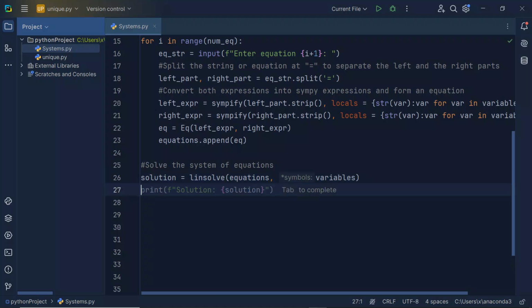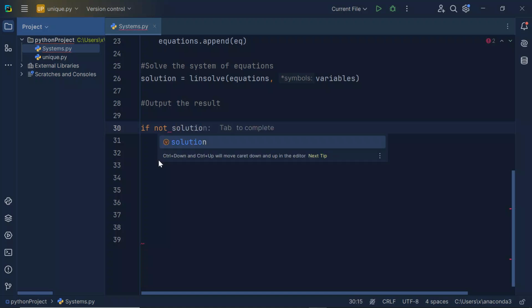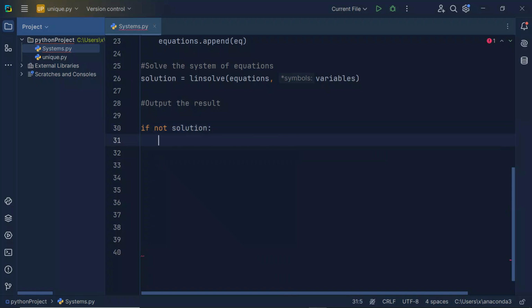Now I want to get the output results. I want to make sure that if the system has a unique solution, this is what should happen. If the system has infinitely many solutions, this is what it should do. Okay, so we have the outputs. Output the results. So if not solution, which is also, like I said, something we get from Sympy, print